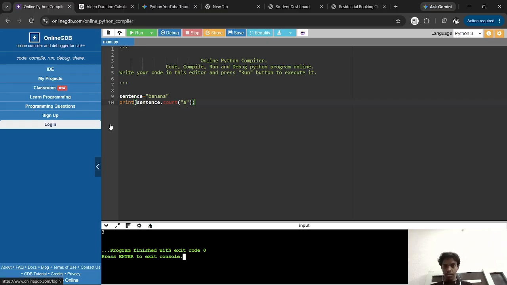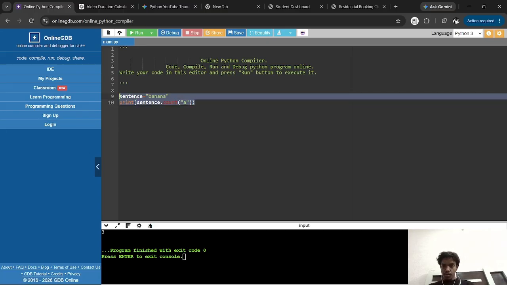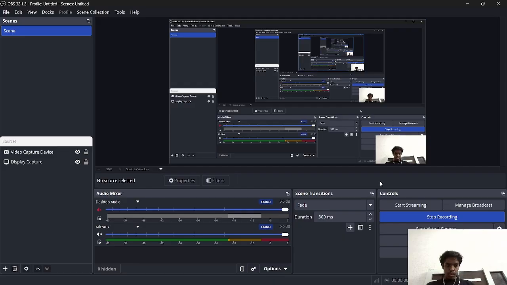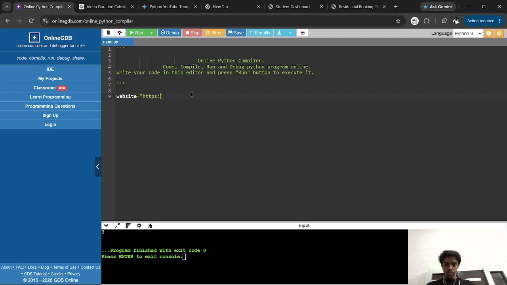Okay. So now we would learn about starts with and ends with methods. Okay. So let's take an input as website equals to HTTPS dot slash google.com. Okay,